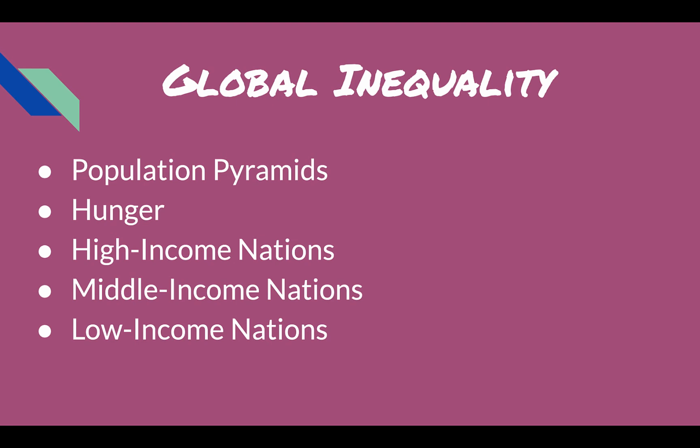Population pyramids are graphic representations of the population according to sex and according to age. The world's income and wealth is unequally divided among nations, obviously. The most serious problems of population increase and hunger are found in the same parts of the world. In the book, they have figure 16.4, which looks at population pyramids of Kenya, the United States, and Italy, and compares them to each other. Again, it gives you a graphic representation of both sex and age.